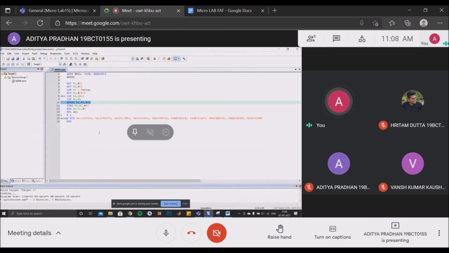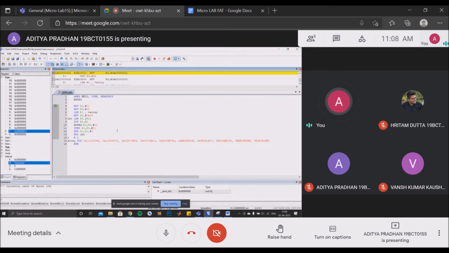Thank you, Ritam. Now we'll see the D part of the question. What we do is we change the command from ADDNE to ADDEQ in the 10th line of the code. So what ADDEQ will do is it will increment the content in the R3 register only when the value in the Z flag is 1, that is, the element in the array is even. Now we will see the output of this program.